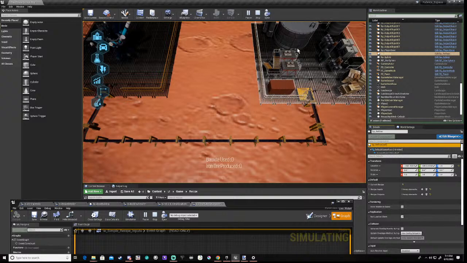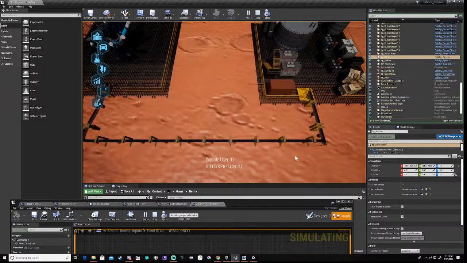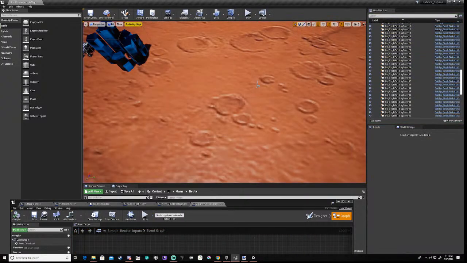So the problem here is this is actually set to make bauxite. Okay? Which is the problem. So what I'm going to do is I'm going to fix the code that allows you